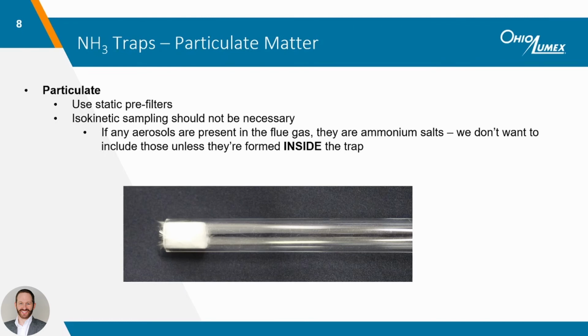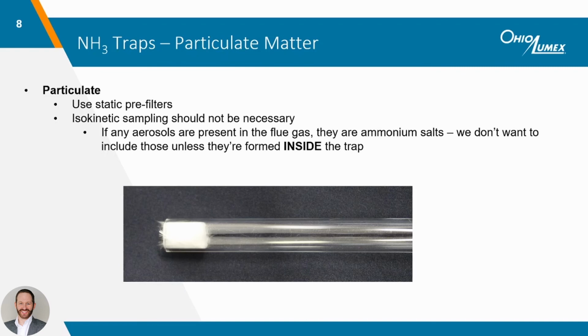For nearly all sampling scenarios, static prefilters are perfectly suitable for preventing particulate matter from entering the sorbent trap. This filter is an inert material situated at the front end of the sorbent trap, meaning it rests inside the gas stream and is always at the same temperature as the gas. High-velocity duct gas flows across the face of the filter rather than through it, resulting in very little accumulation of